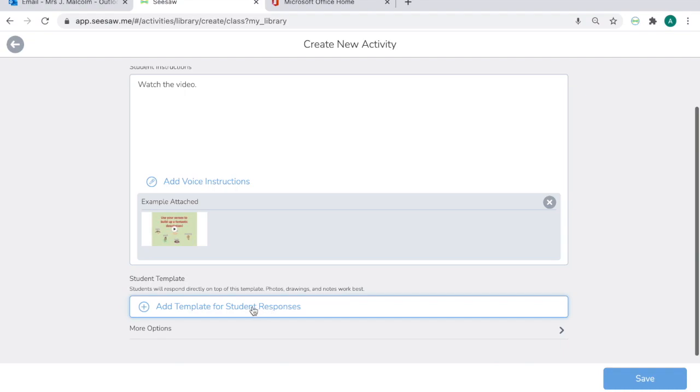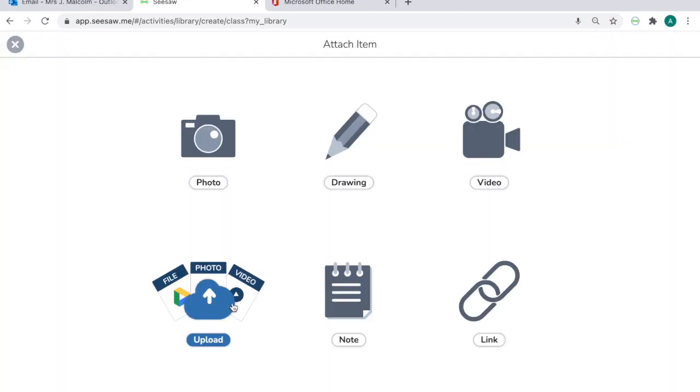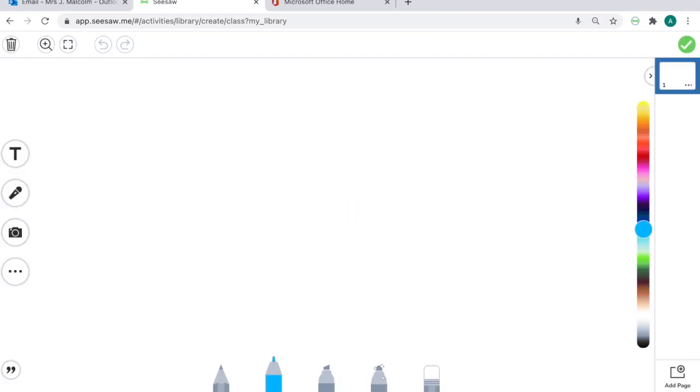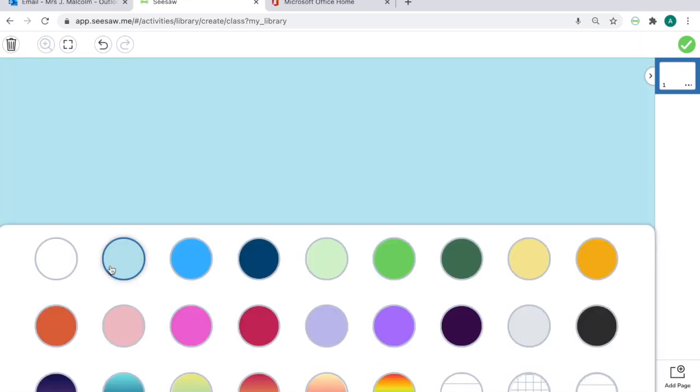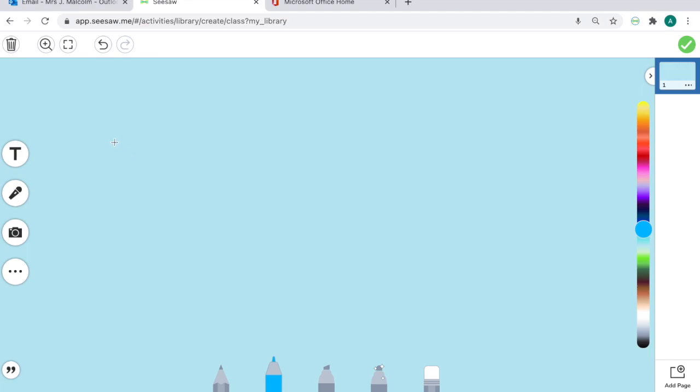Now this time, the template for the student's response, all I'm going to put on there is exactly the same picture from my PowerPoint of the gnarly tree. So I will open a template, go to the drawing board. I just want one page, makes it easier for marking. I'm going to put on a background. Obviously the children can change that if they want, but I don't want them to do it on a white background. Then I will upload the image. I haven't actually got that because it's an old PowerPoint. Put the image here and your title, and then the children have got the page to go on, piece of